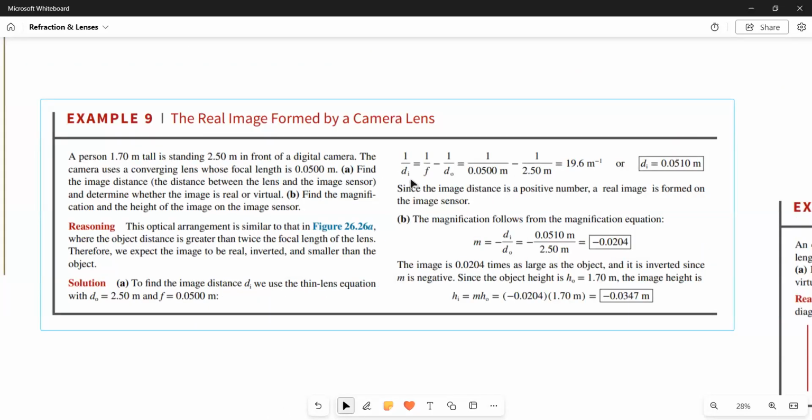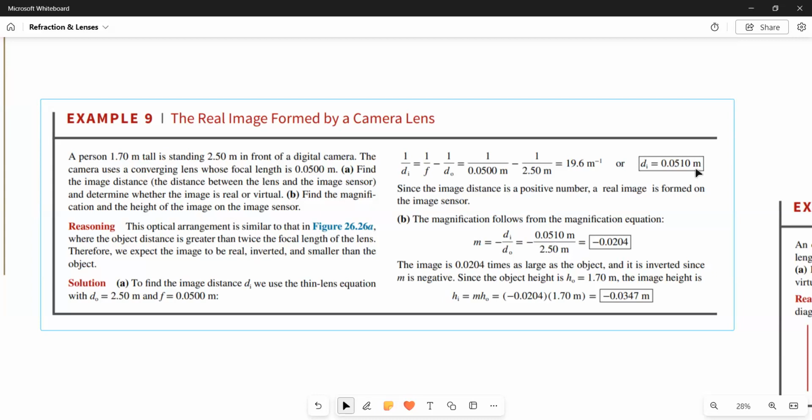So what do you want to find? Find the image distance and determine whether the image is real or virtual. Good. So you use your formula, rearrange it and so on, and you have to find the image distance, right? So that's d subscript i. After you've put all of this inside there, you calculate, you get 19.6, right? So you have to flip that over. 1 over 19.6 gives you 0.0519,